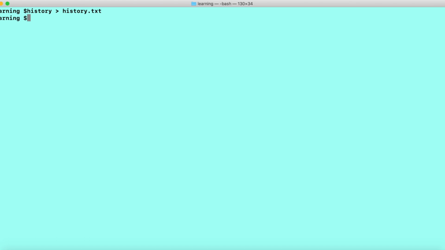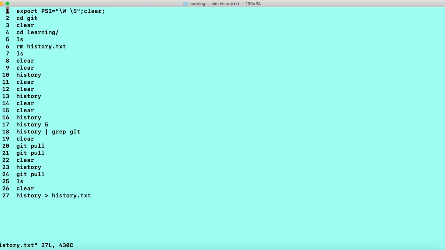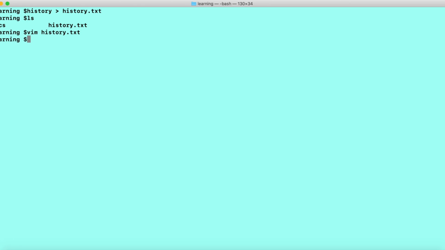So let's check whether the file has been created or not, and then we will read it also. So ls. So see, one file has been created, history.txt. Let's read that one, vim history, and you can see all the commands have been written in the history.txt file, right? So this is how you can move all your history commands to a file and you can share with your friends.